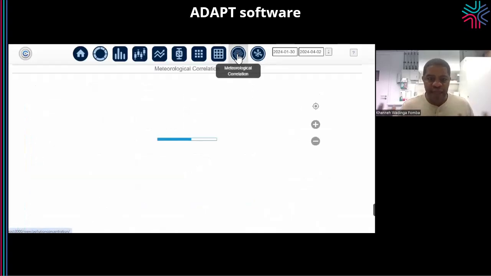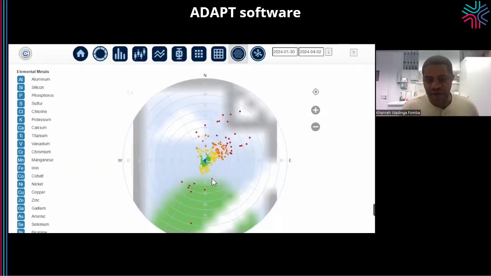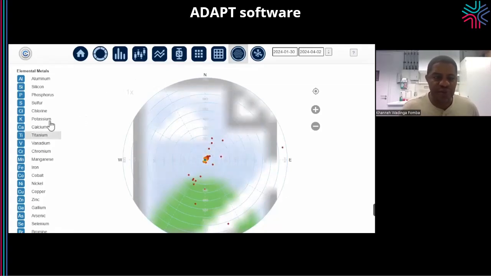You can now combine the concentrations with the meteorological data like the wind speed to have some quick looks on where the concentrations are coming from. For instance, you can see titanium. This was a bit local, was not a lot transported. You can look at sulfur. Sulfur was transported from the northeast direction. But if you look at something like potassium, you see that most of it was also local emission, which confirms the presence of local sources.